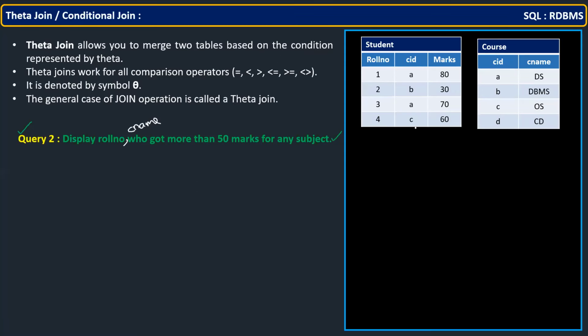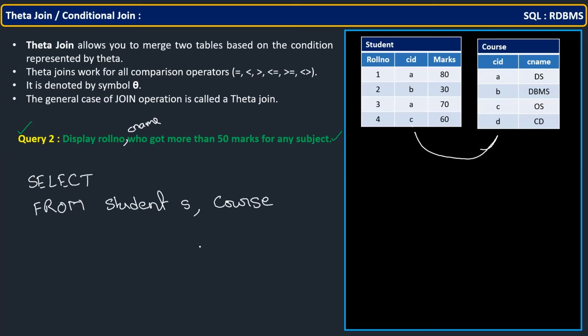First of all, identify a common column. This one. You always do it like this. Don't try to write here first; come to the from clause. These are the two tables. One is student, and if possible take an alias name S. Another one is course, and take the alias name C. Then in the where clause, what do we do? S dot CID